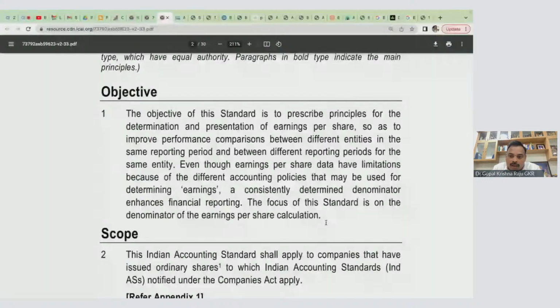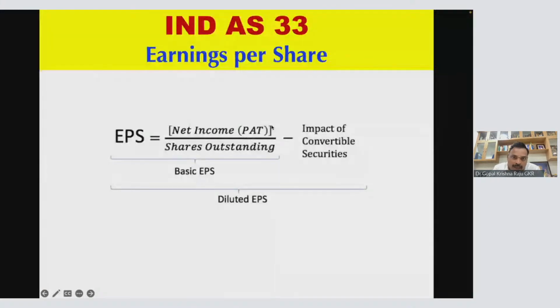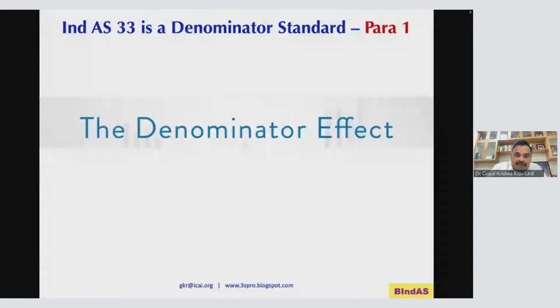Look at this. Your numerator is rupees, your profit after tax. Denominator is number of shares. So lesser the number of shares, earnings per share will go up. So lesser the denominator, EPS goes up. Higher the denominator, EPS will come down. So we have an interesting